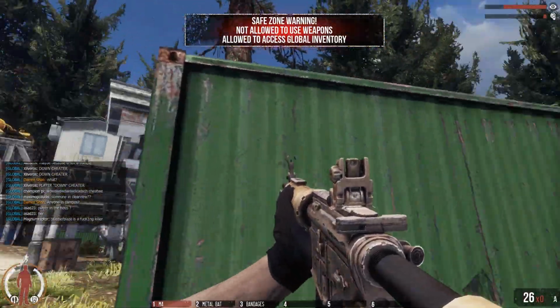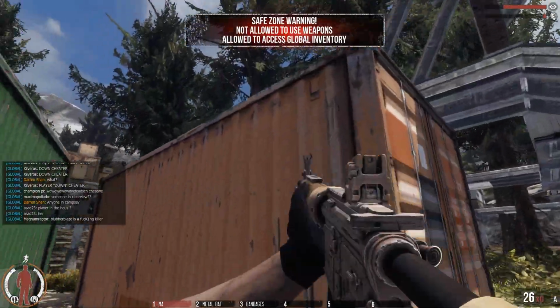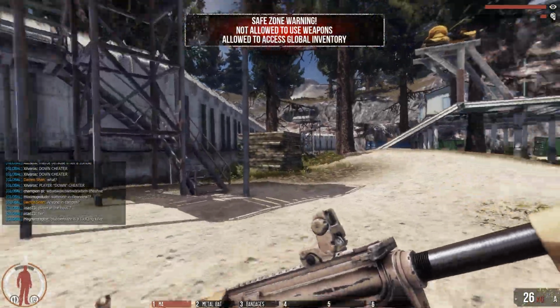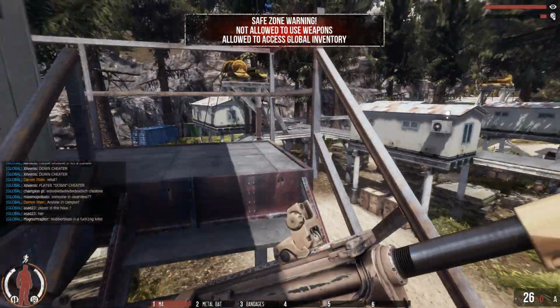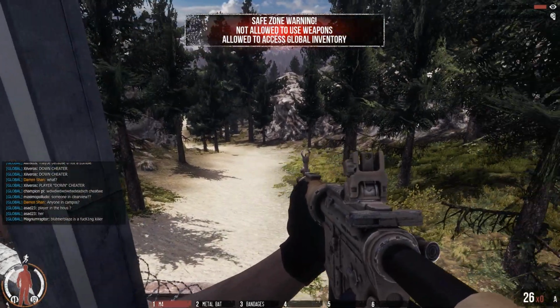And they did actually reduce the fall damage. So as you saw, I did fall from quite high and I didn't lose any health, which is fantastic. Because before, when you just dropped from that height, you would lose a quarter of your health, which is not good. So I would expect to see some guards up in here,